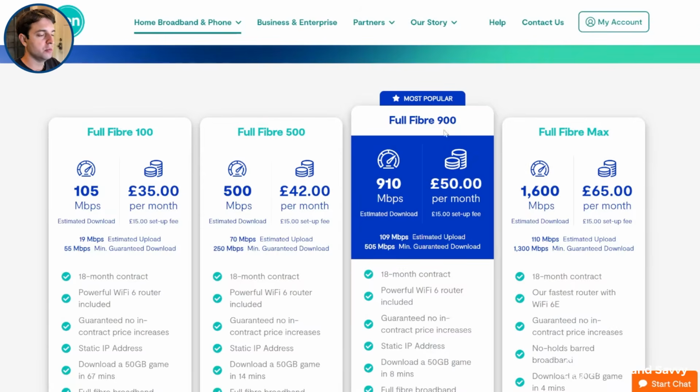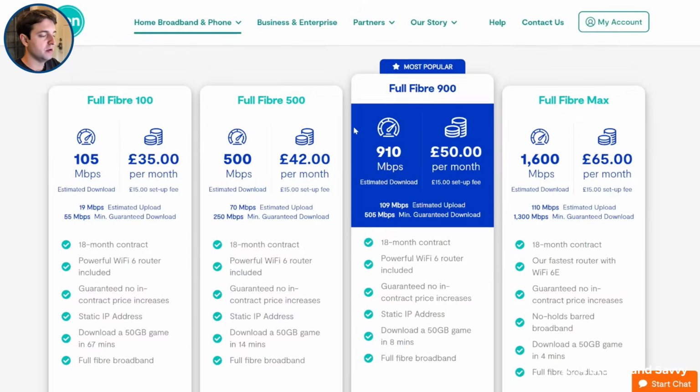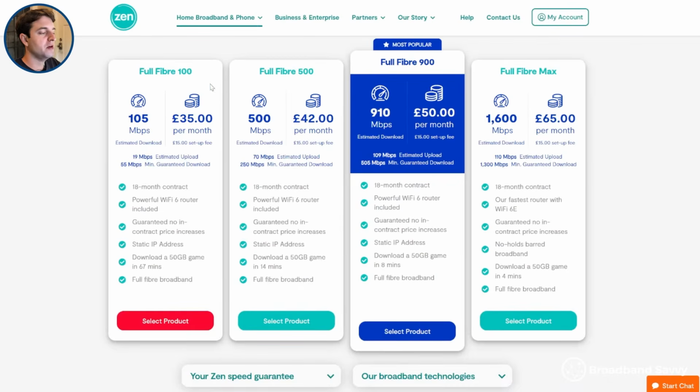Zen is one of the more unique broadband providers in the UK. Rather than being really value-oriented, like most other providers, Zen is more focused on the actual service they're providing. They predominantly use Openreach, which is BT's broadband network, used by the likes of TalkTalk, Vodafone, PlusNet, Sky, and most other broadband providers as well, which means in full fibre areas, these are the 4 plans you can get with